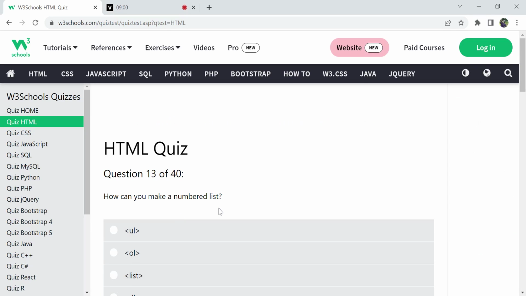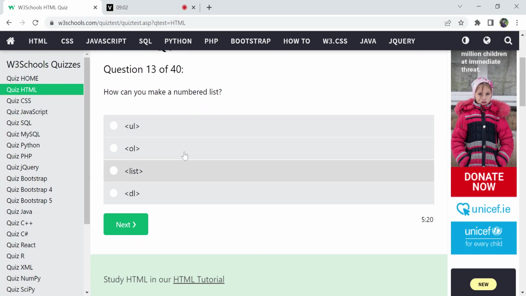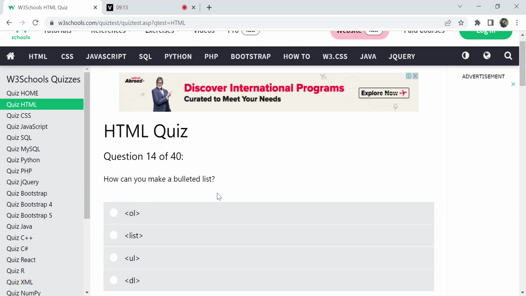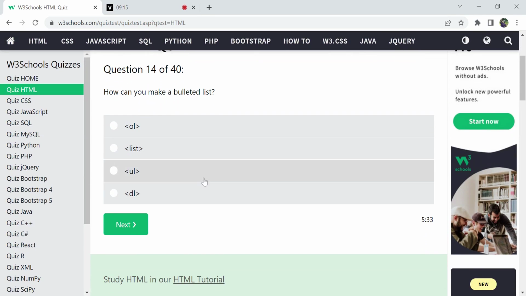And next, we also have a number list. For creating a number list, you have the ordered list tag, so that's the OL tag. We have another tag, the unordered list tag, which is used to create an unordered list. A bulleted list comes under this unordered list only, where we have to give the stylings further, like bullets, small square boxes or circles. You can give any type of styling for that. That comes under the unordered list, the UL tag.